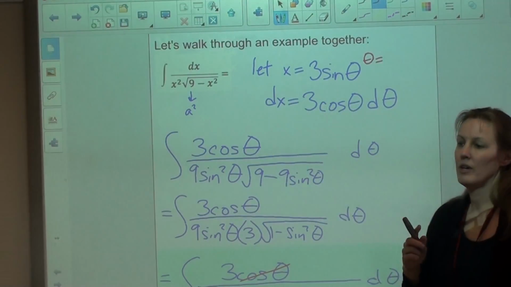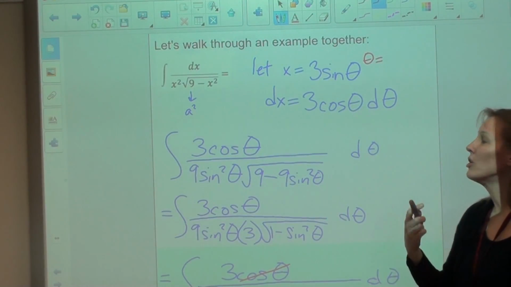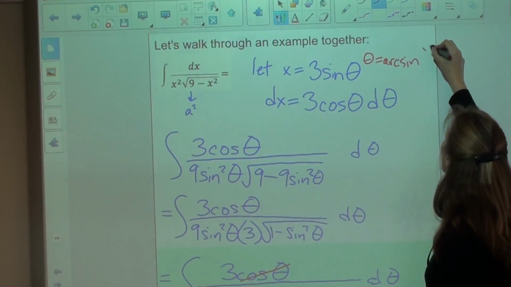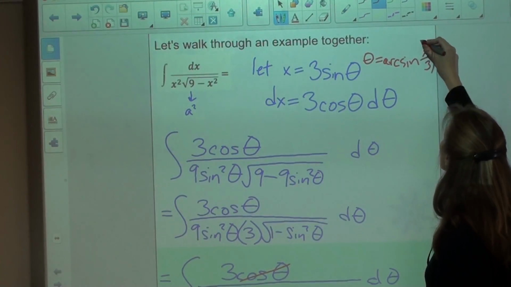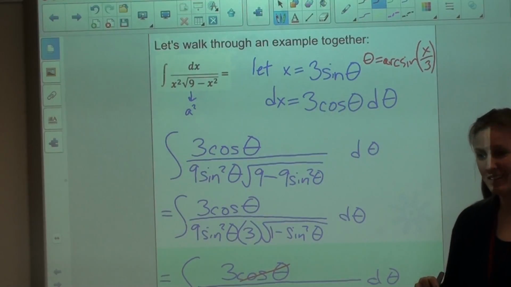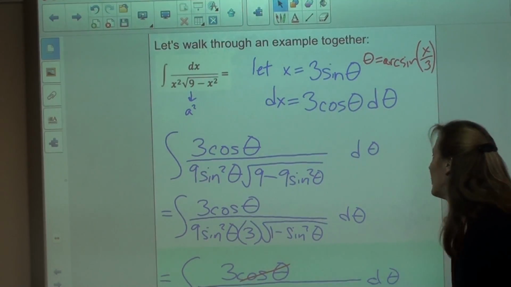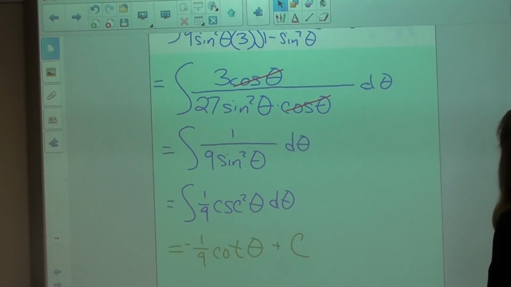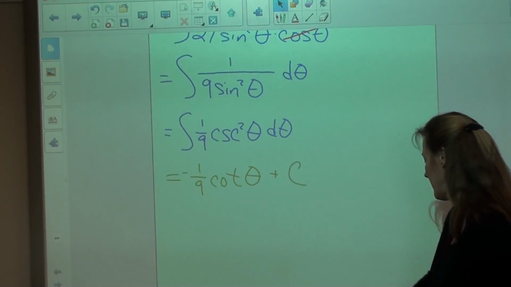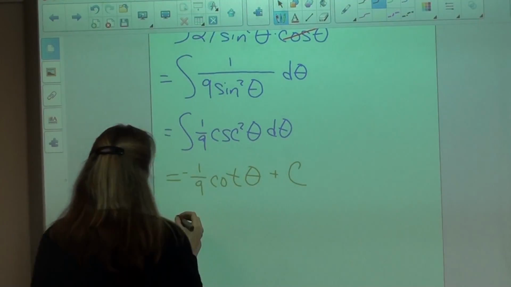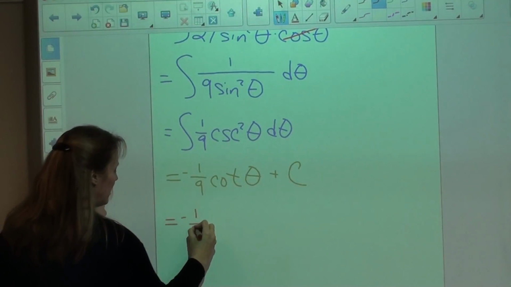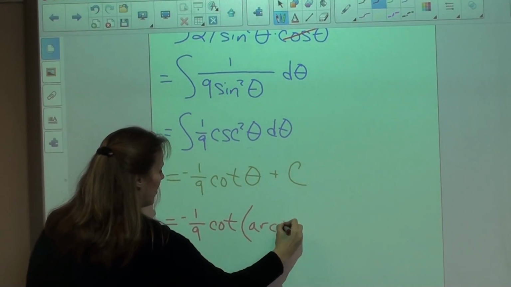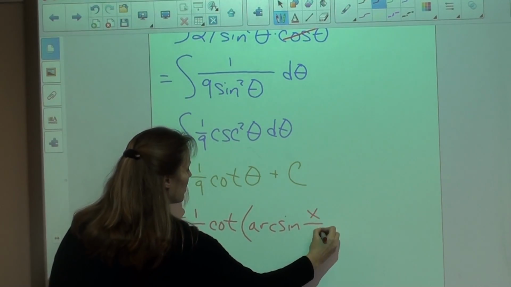So it's actually arc sine of x over 3. Yes, very good. All right, so if we replace all of our thetas with arc sine x over 3, this is negative 1/9 cotan arc sine x over 3